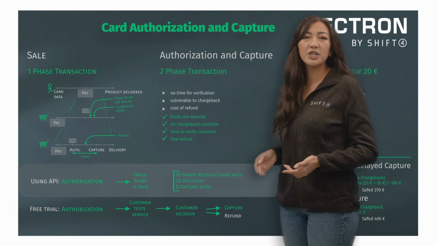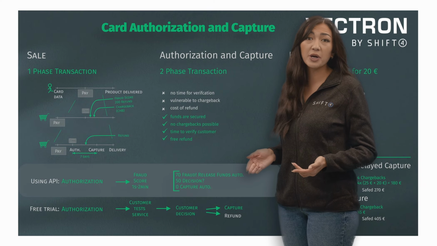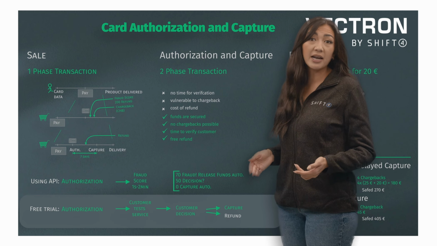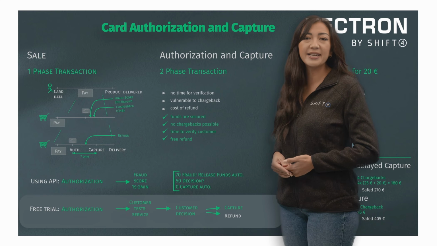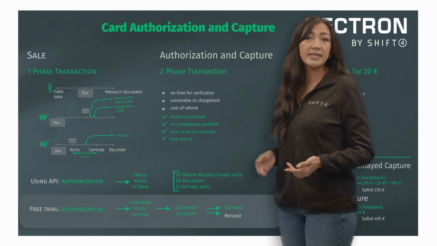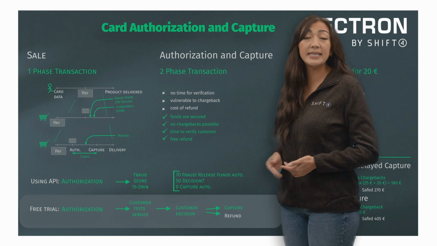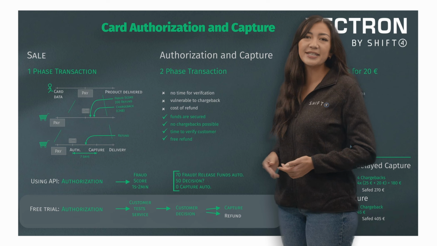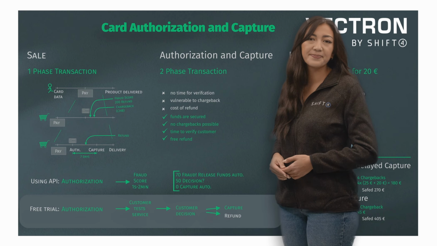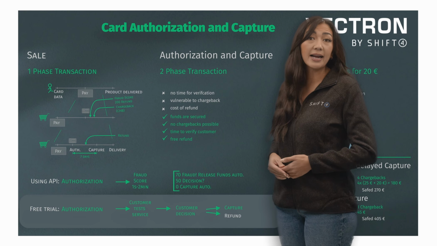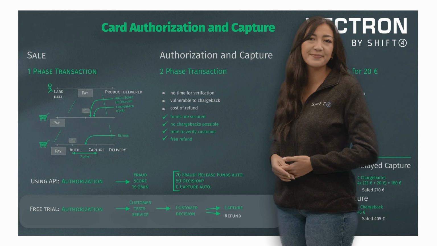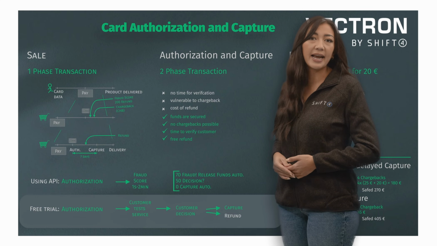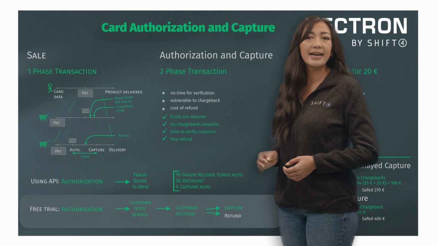To better illustrate the advantages of two-step transactions over single-step sales, let's look at this example. Suppose a merchant provides a free trial for 7 days. He authorizes the payment, and the customer experiences the service for 7 days. After the free trial period ends, the customer decides to continue using the product. At this time, the amount is withdrawn and the transaction is finished. If the customer decides against further use or the merchant opts not to complete the transaction, the merchant can refund